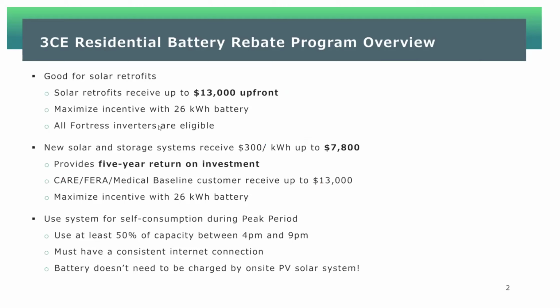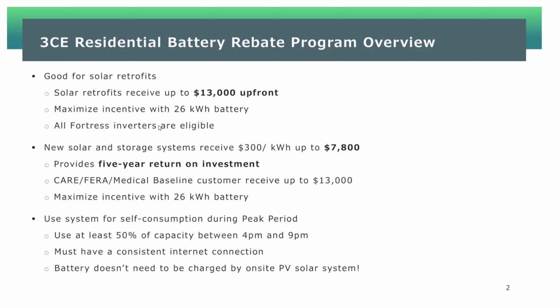So for solar retrofits, if you have an existing solar system, you can receive a $13,000, 13,000, three zeros, okay? $13,000 upfront incentive when they install, let's say, up to a 26 kilowatt hour battery or more when they add storage to their home utilizing this program. For new solar and storage systems, they receive a $300 per kilowatt hour incentive up to $7,800, right? So when you utilize this with the ITC tax credit, along with other programs, let's say like SGIP, the Self-Generation Incentive Program, we've run some analyses, and I could share this with you,